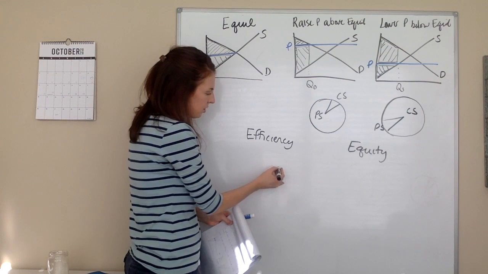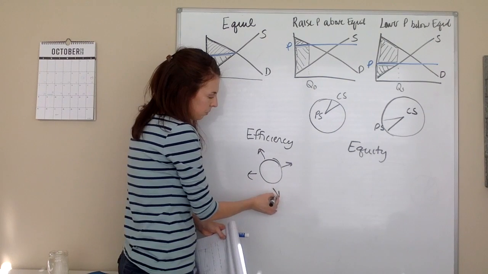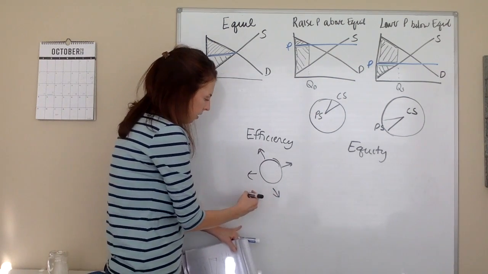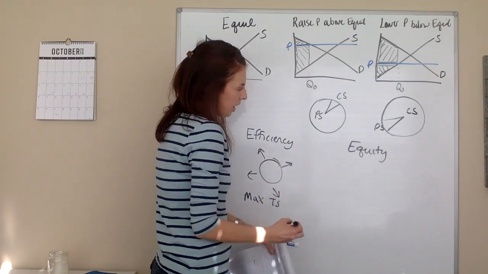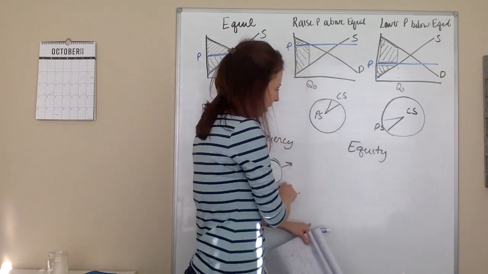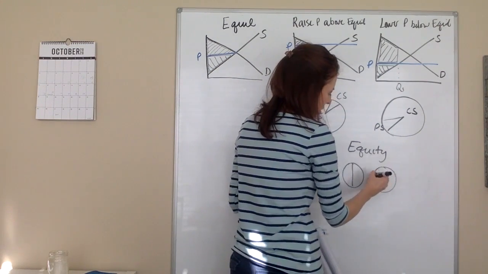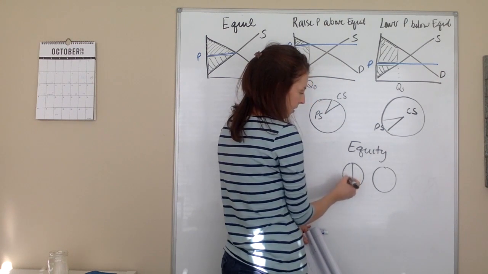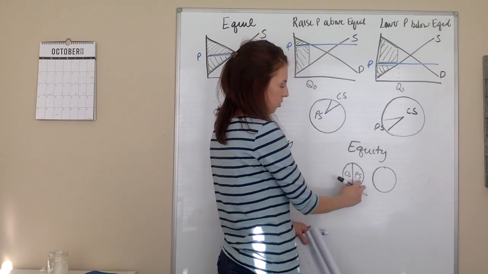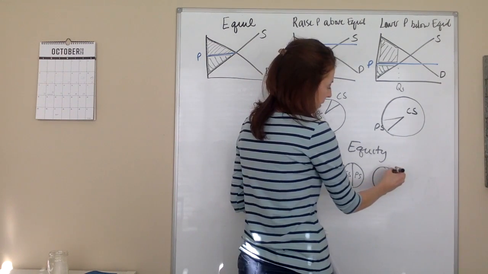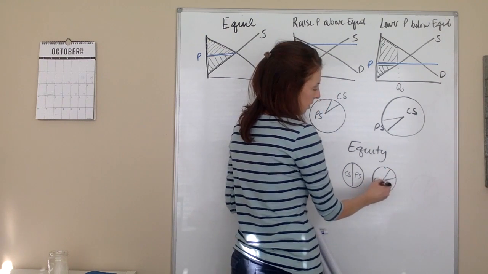So efficiency has to do with how big the total pie is. In other words, you want to maximize total surplus. Equity has to do with not how big the pie is, but how evenly the slices are cut. If you have a pie that's sliced down the middle, so consumers get half and producers get half, and consumer and producer surplus are even,